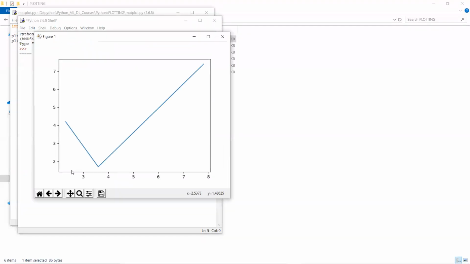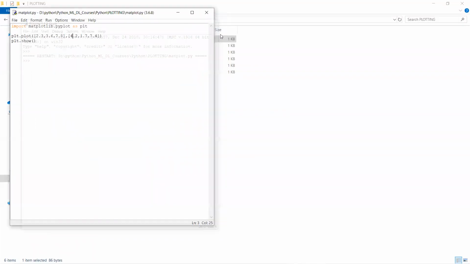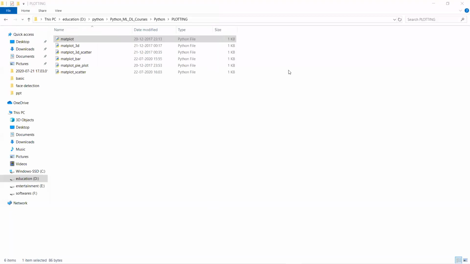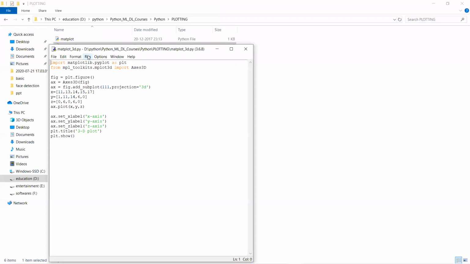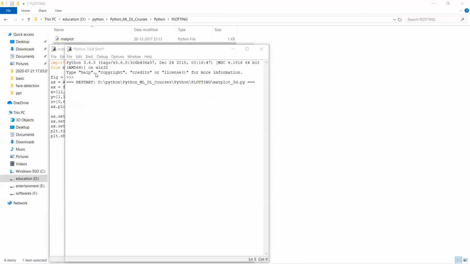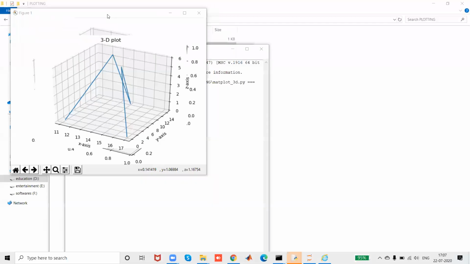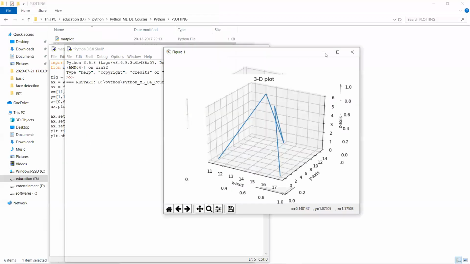So here you can see, downside, the x-axis and y-axis coordinates. Wherever the matching points are there, it will show that x and y axis information. So by using this one, we can plot our image. Image or Excel sheet information also we can plot. Here three-dimensional is also there. So like this, we can plot three-dimensional also.